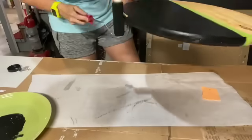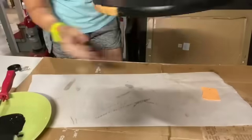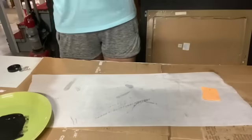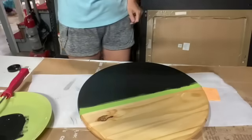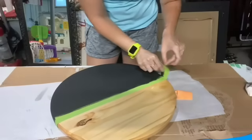To each their own though, because sometimes it could add dimension or whatever the case may be, but I like doing the bottom of my signs. And sorry, that is not in frame, but it's not a big deal. And then we are gonna wait for that to dry. You guys, this only took 1 coat. 1 coat of that rich black. And now look, oh,